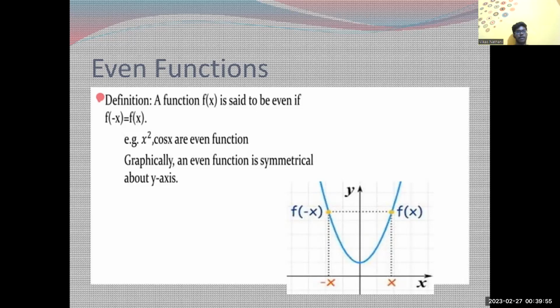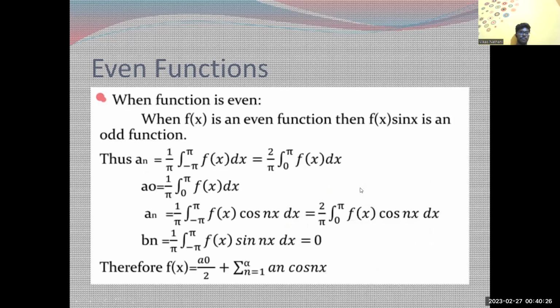Even function: a function f of x is said to be even if f of minus x is equal to f of x. Like let's take examples: x square, cos x are even functions. Graphically, an even function is symmetrical about the y-axis. If we check it here, the graph of a normal f of x function is symmetrical about the y-axis. Like if we take x as positive or negative, we'll get the same y value